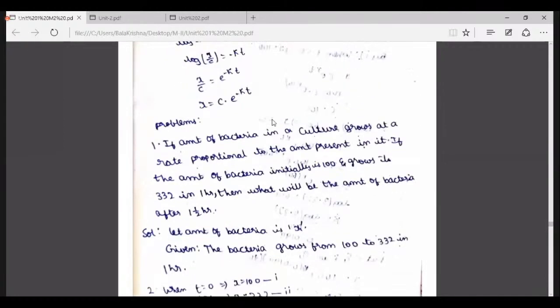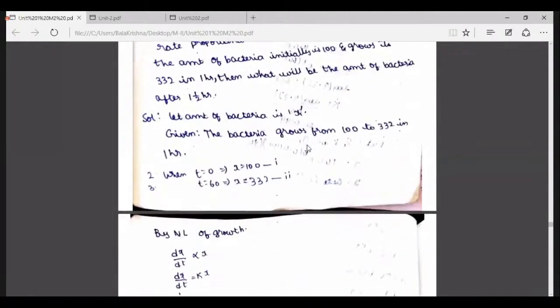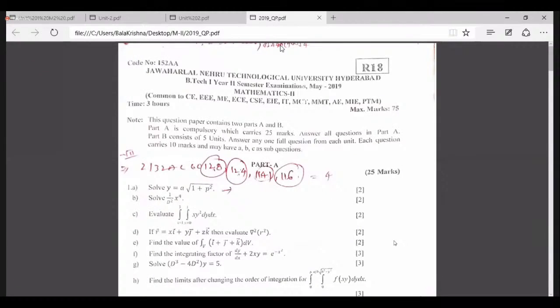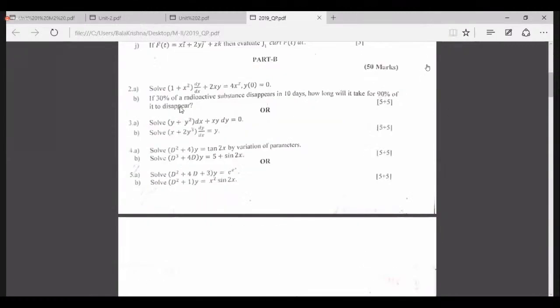So very important. Based on this, you have one question in the previous question paper. I'll just show you, one minute. So if you see this one in that last year question paper, are you able to see this one? If 30% of a radioactive substance disappears,